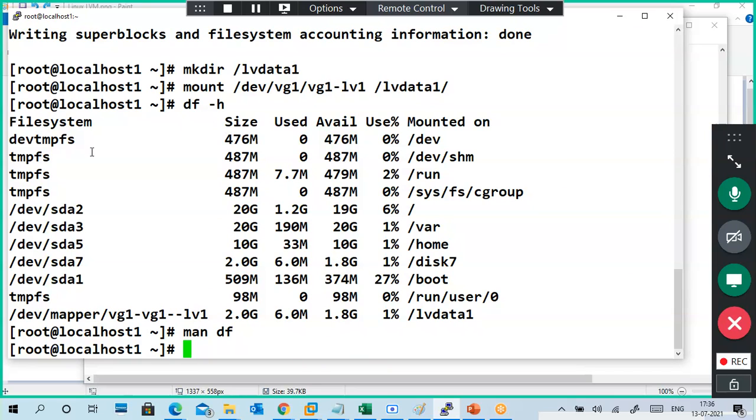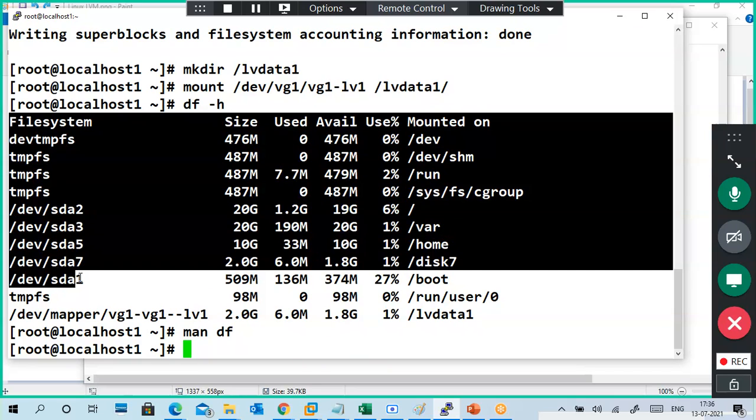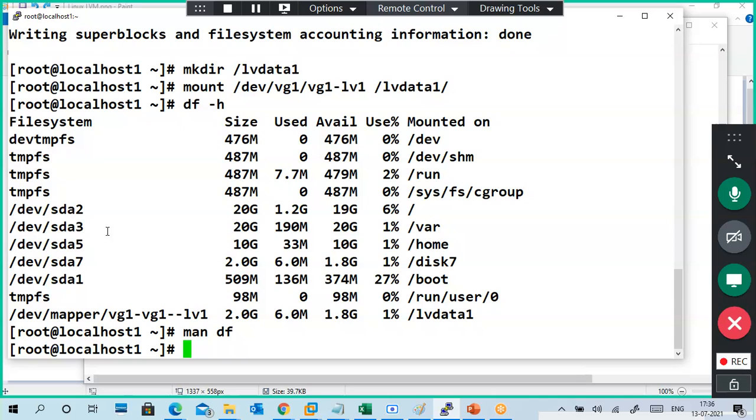So this is the file system, meaning the partitions. This is the size, and where it is mounted. We can see that from the command called mount. If you type mount also, it will display all the mount points, but it is very big, a lengthy file will be displayed.